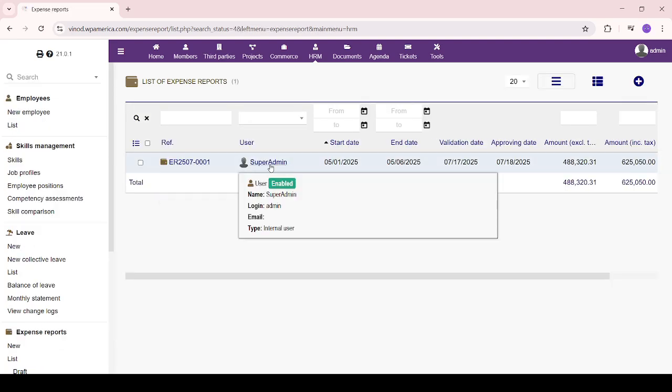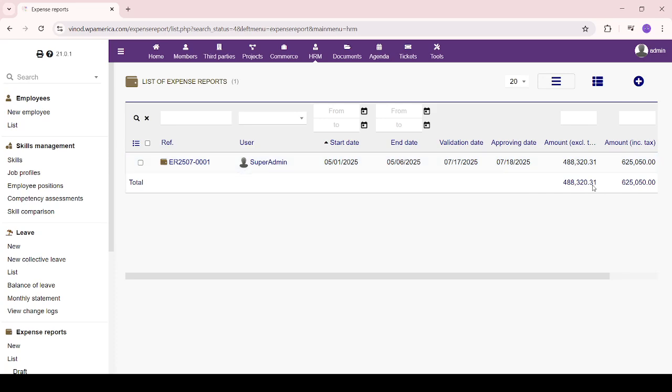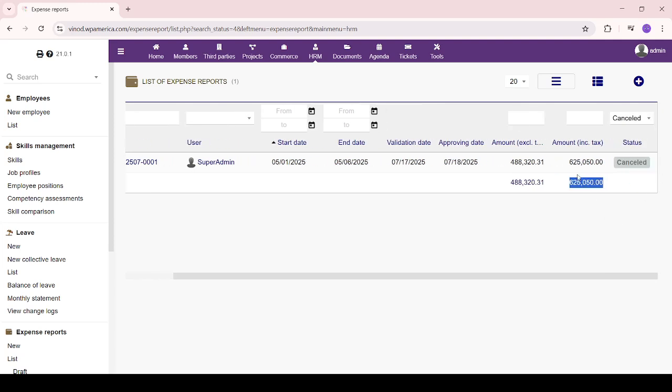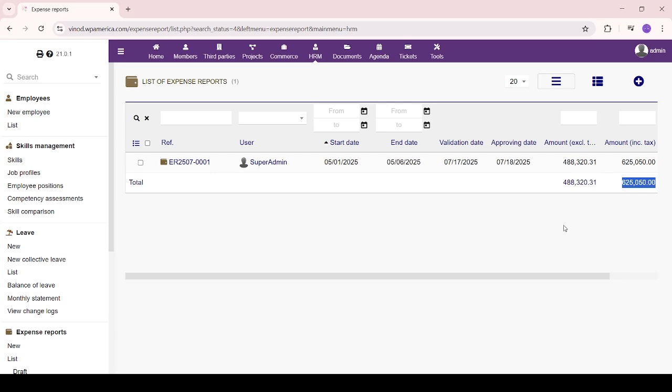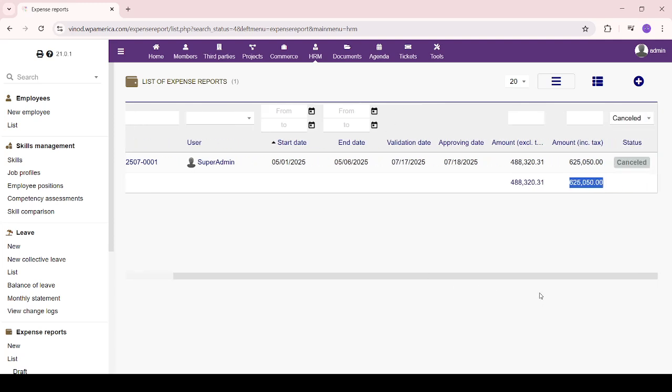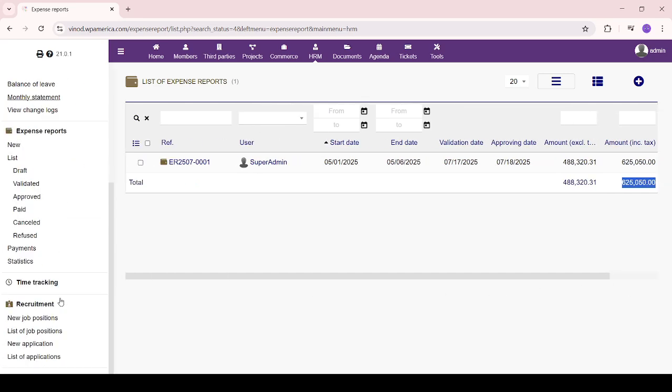Super admin. User, what super admin? He himself went for the Dubai meeting and it got cancelled. His approval got cancelled because it was too much budget right now. So we will be approving him in the next month or something like that. So that is why